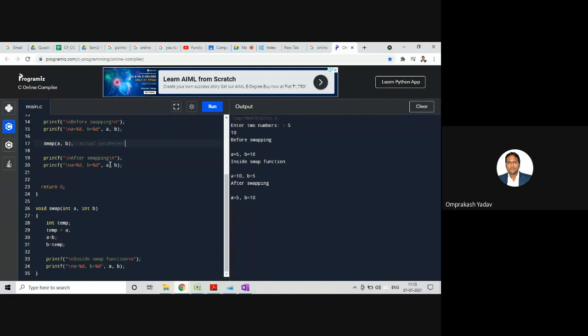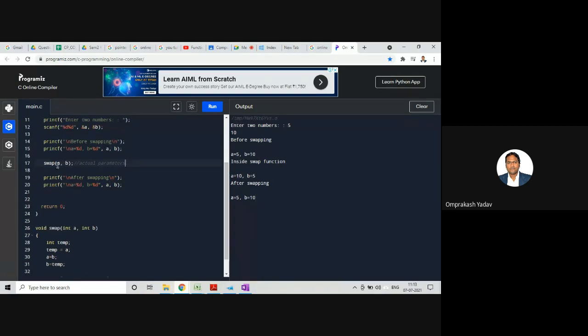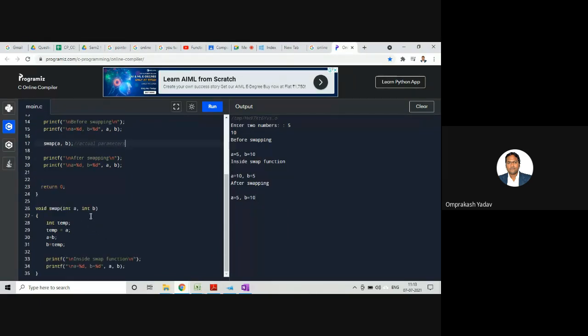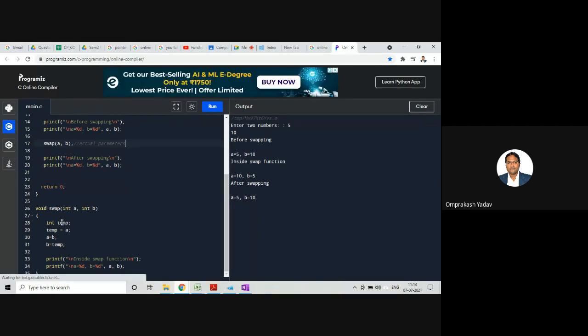So this is called call by value. We are calling the function by call by value, right? So whenever a function call happens by call by value, duplicate values of the variables will be created, and those values will be passed to the function. Whatever changes we make on those variables in that function will not be reflected on the actual parameters.